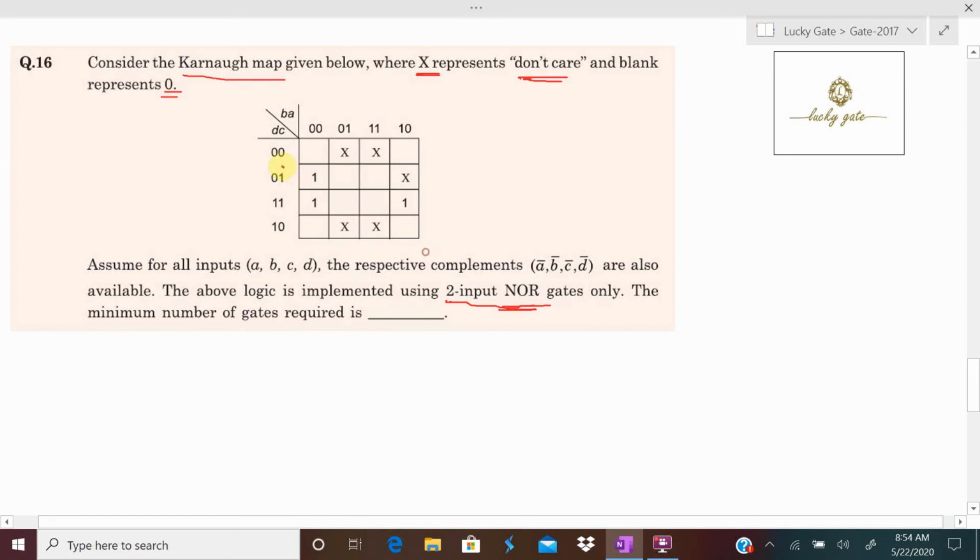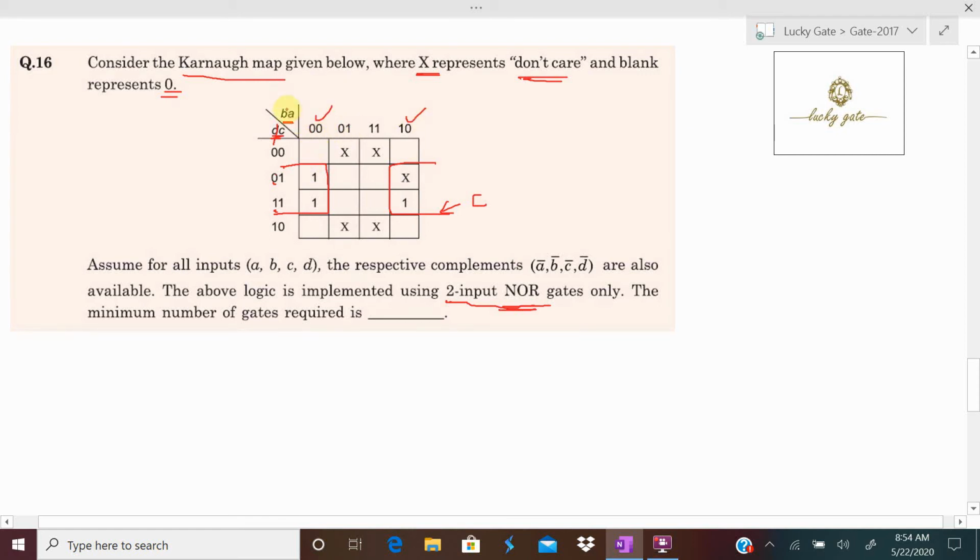Now to simplify the K-map, by observing this K-map, I can say that these 4 squares are adjacent forming a quad, so that the minterm representing this quad is, here you look, this is DC, this is BA, and D is differing with 0 and 1, means D gets cancelled, and C is 1 in both of this, so that it is represented uncomplemented with C, and this quad covering these 2 columns also.